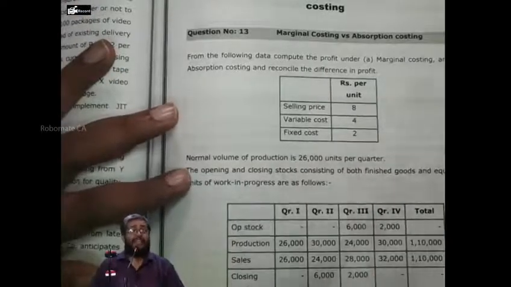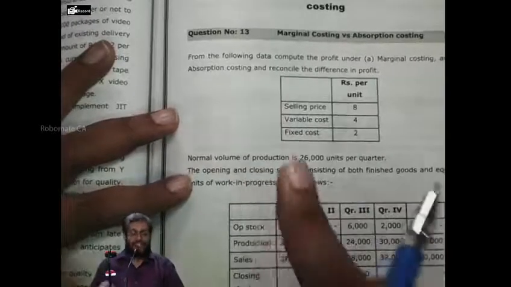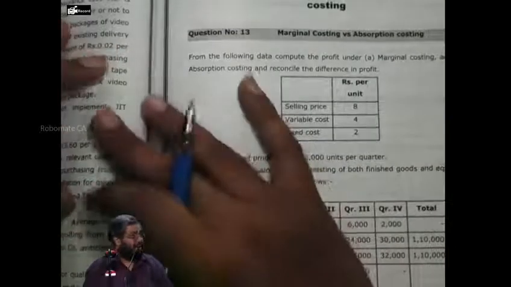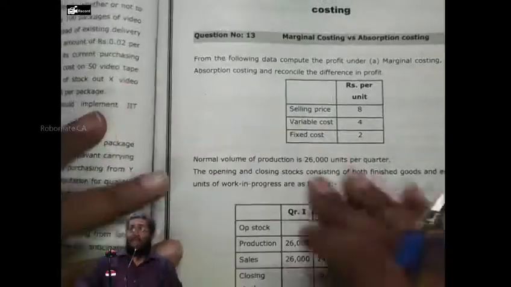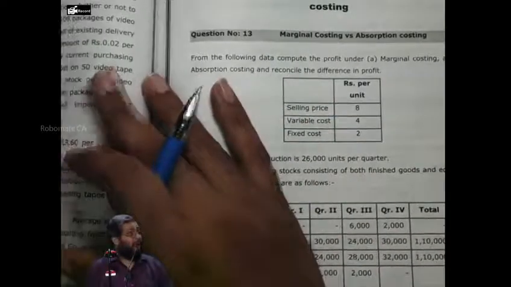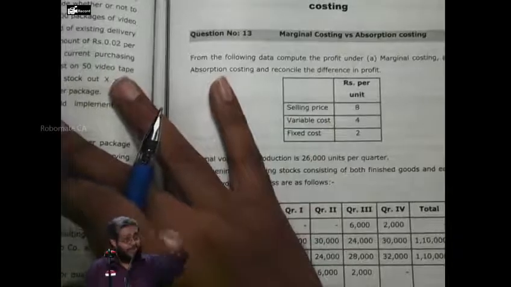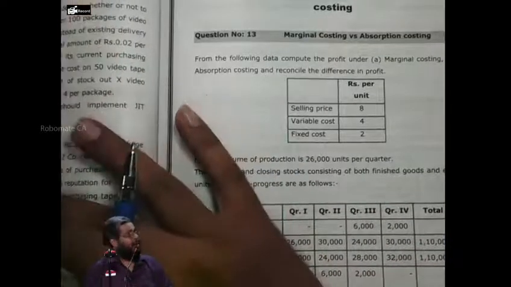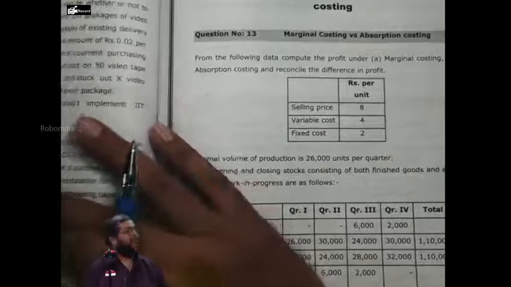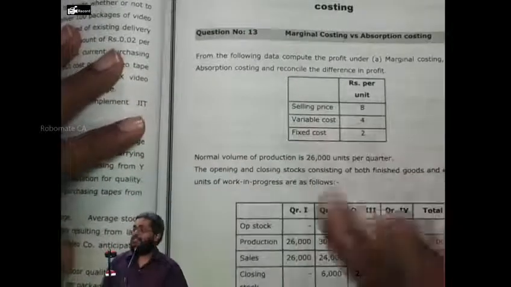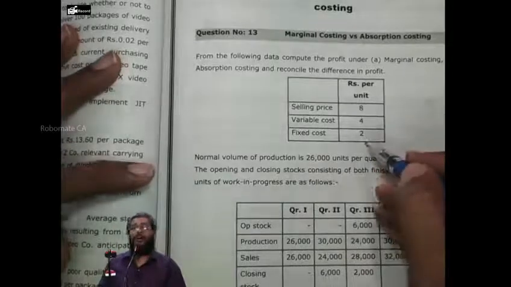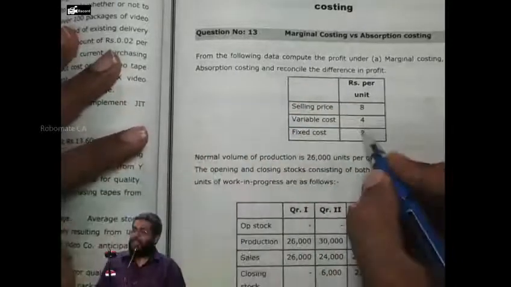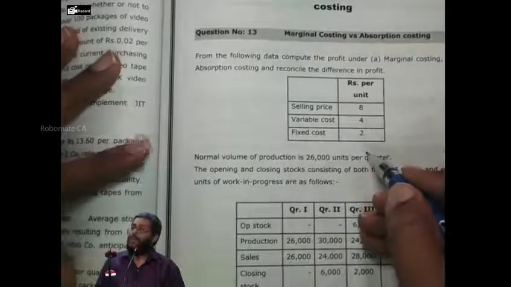So the budgeted fixed cost is 52,000. Is the actual fixed cost given? Not given. I assume it to be the same as budgeted, 52,000. That means there's no expenditure variance in standard costing. BFO is equal to AFO. But can the absorbed be the same? No. Absorption depends not only on the numerator expenditure, it also depends on the volume produced. So I don't say absorbed and actual are the same. I only say budgeted and actual are the same in this particular case. This observation I make before I start the problem. Now tell me, 4 and 2 are manufacturing or non-manufacturing? The problem speaks only about the manufacturing cost. The 4 is the variable manufacturing cost. The 2 is